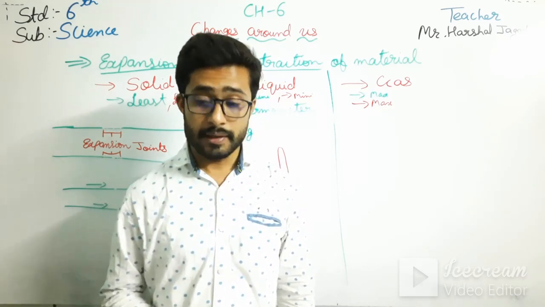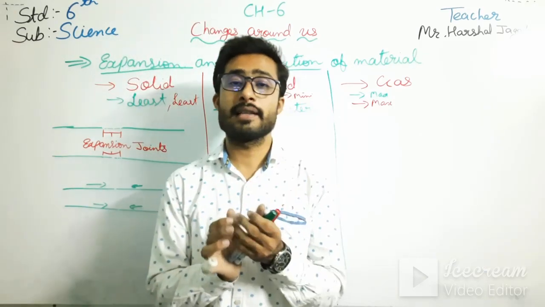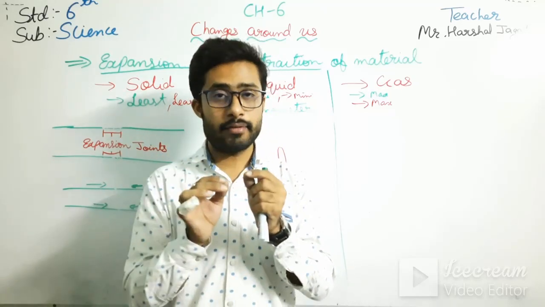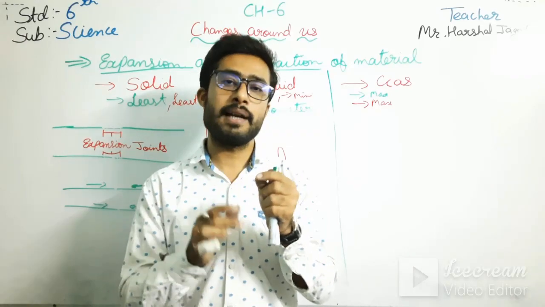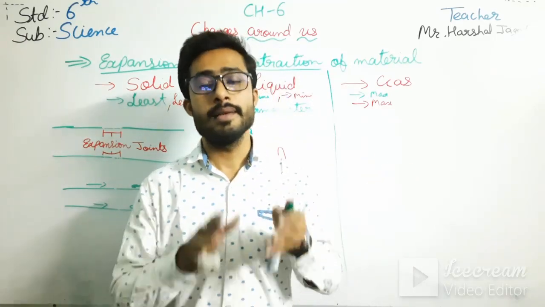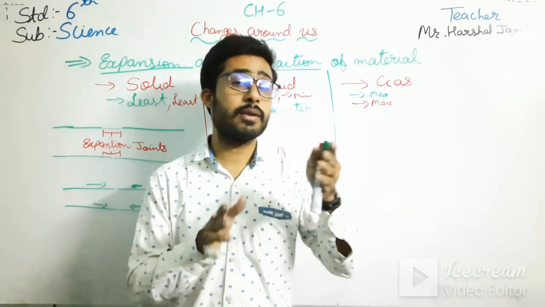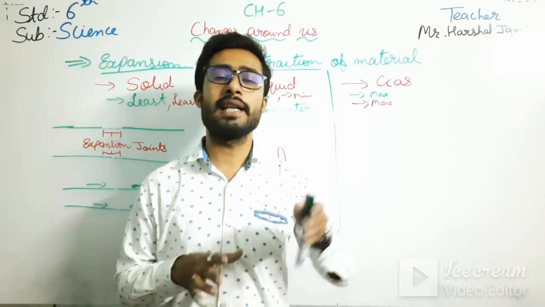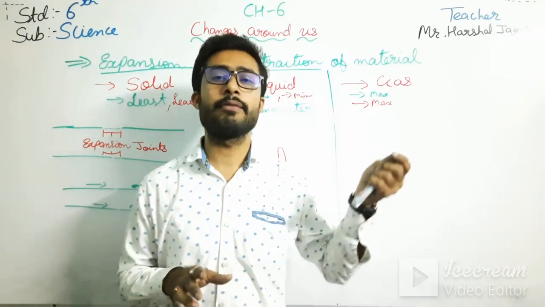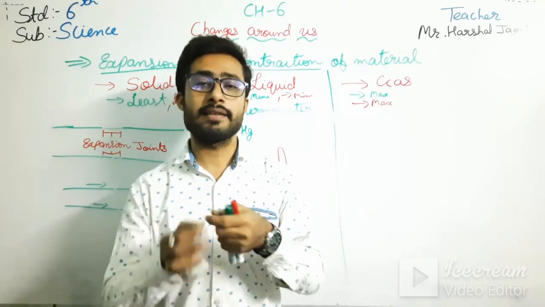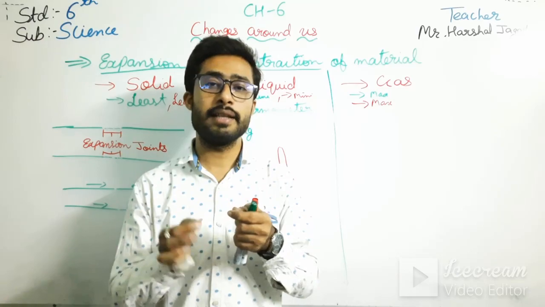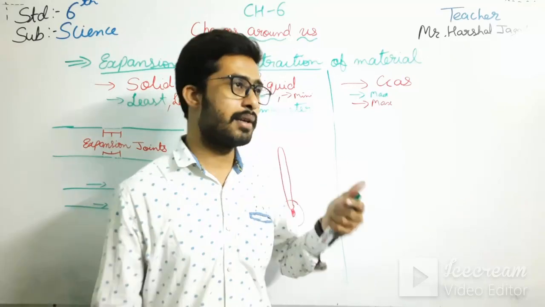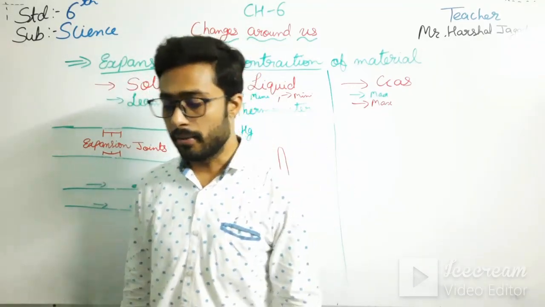Record your observation. So what they are telling us is that first of all, blow up a balloon, fill air in it, lock it with the rubber band, and then put it in the freezer for 20 minutes. First we fill air in the balloon and measure the diameter. After putting the rubber band on it, we put the balloon in the freezer, and then after taking it back out and measuring the diameter again, you can see that it is contracted. Why? Because it is cooled. Okay, now moving forward,